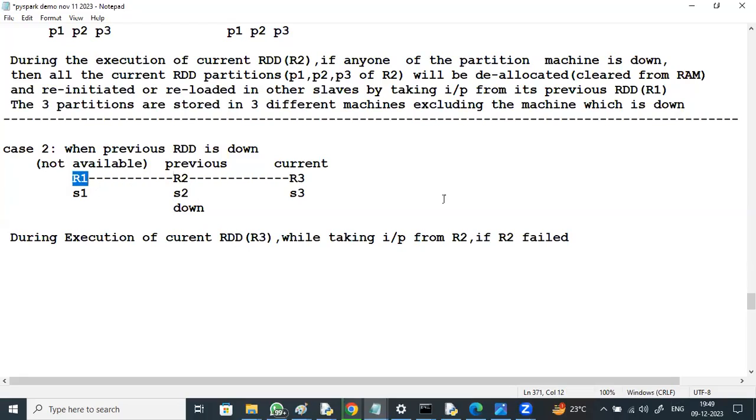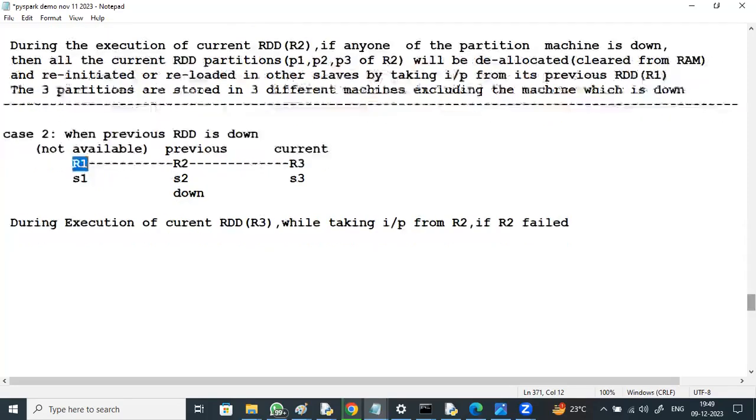It can have records less than or equal to R1, but it doesn't mean it will have the same number of partitions. So during execution of the current RDD R3, while taking input from R2, if R2 failed, then